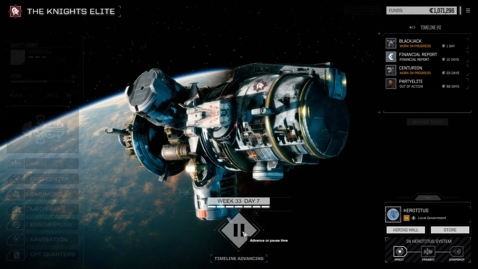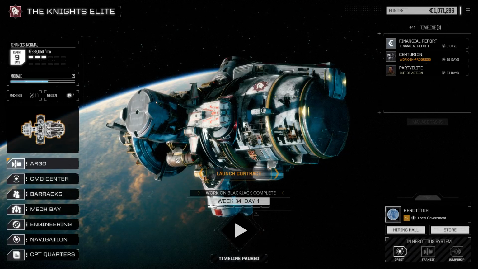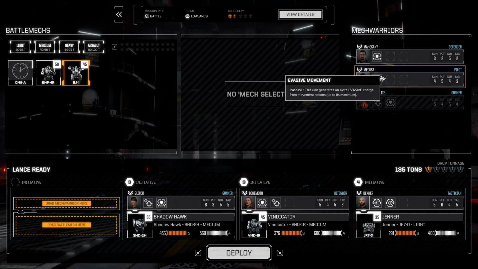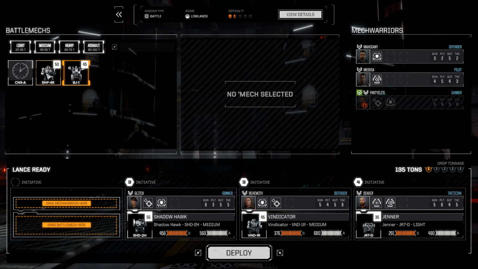Cool. Good job on the repairs. One more day. Okay. We're good to roll out. So, launch contract. 4-party elite, missing out on the action, but that's okay. So we've got the Shadowhawk with Glitch, the Vindicator with Behemoth, the Decker in the Jenner, and, I mean, Medusa's ready to roll out. I didn't really need Mahogany, but if I'm getting that Blackjack out there, or the Enforcer,